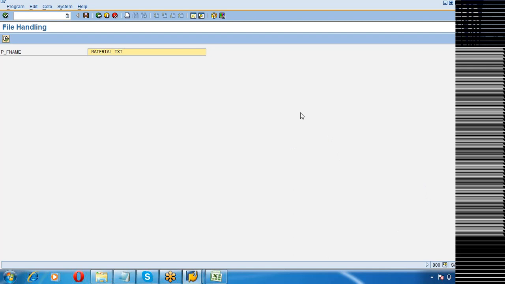Are you able to understand what we have done today? We have read the content of the file and brought it into the ABAP program, into internal tables. Now our next task is to move this data from the internal table into the SAP database. What are the different techniques to do that? How do we do that? All those things we have to see. Make sense?